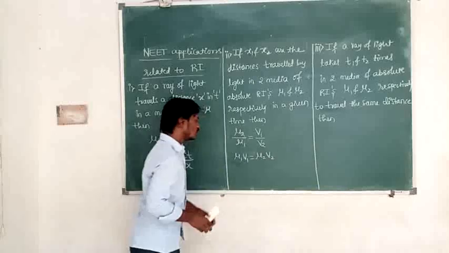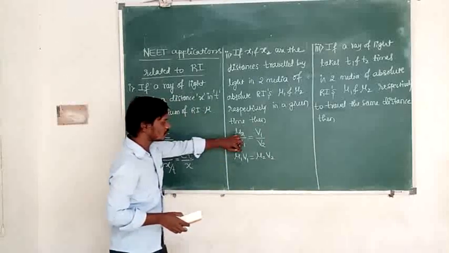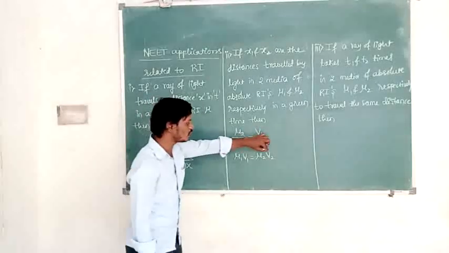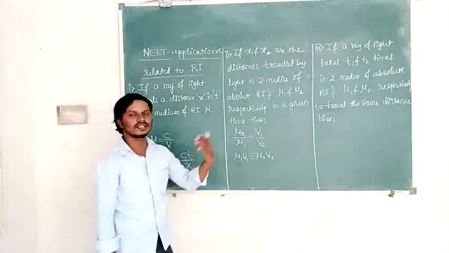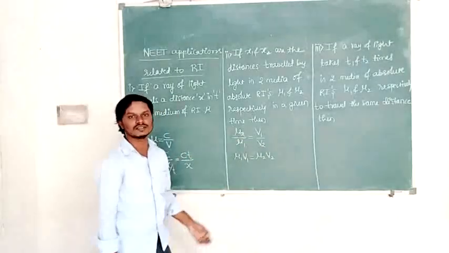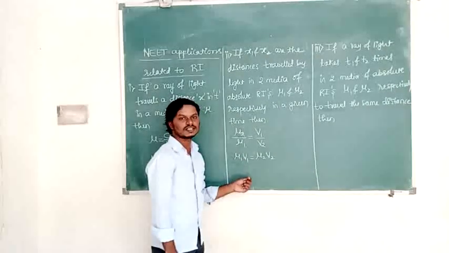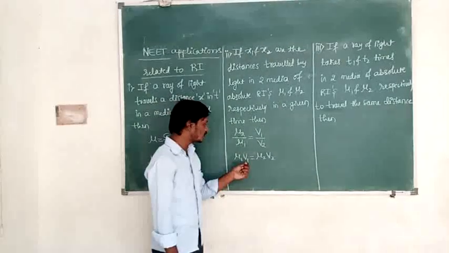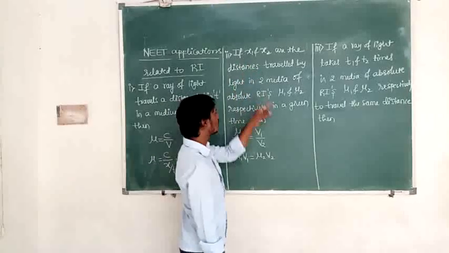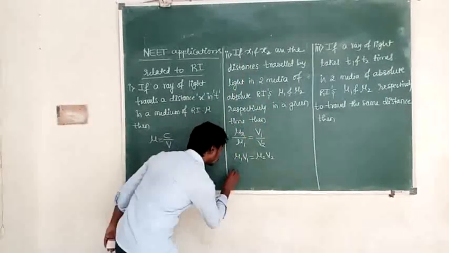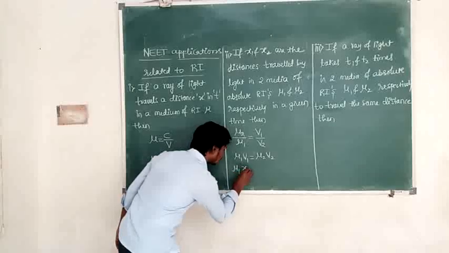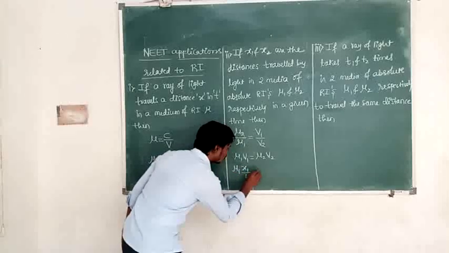Here v1 is the speed of light in the first medium, and v2 is the speed of light in the second medium. Again by the definition of speed, distance travelled divided by time taken: the distance travelled in the first medium is x1 and the time taken is t, so mu1 x1 by t is equal to